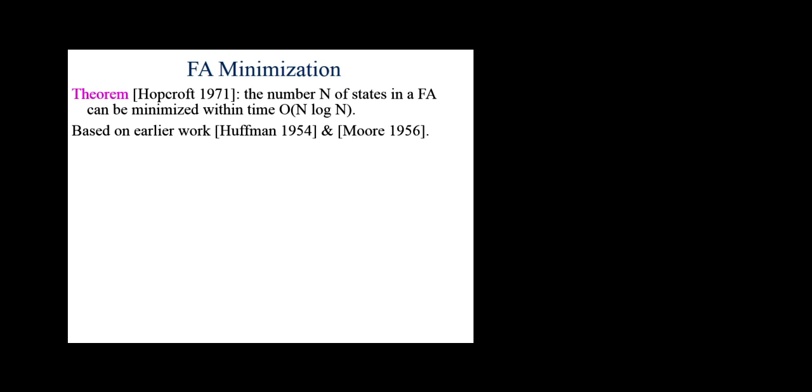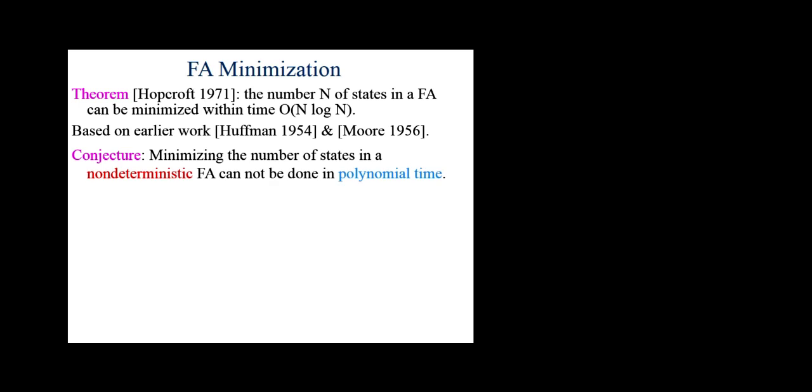It's been known for a long time, almost half a century. And it's based on even earlier work from the 50s. Now, minimizing a non-deterministic machine to the smallest non-deterministic machine, that we don't know how to do efficiently. We know how to convert to a deterministic one using the power set construction and then minimize that. But that doesn't necessarily come up with the smallest non-deterministic machine. It'll be the smallest deterministic machine, not the smallest non-deterministic machine. Two very different optimization problems. That is still open, whether it's even possible to do in polynomial time, much less how to do it.